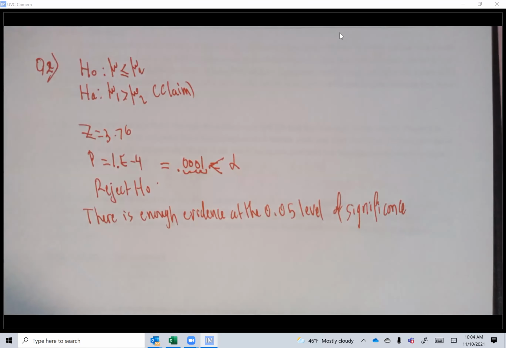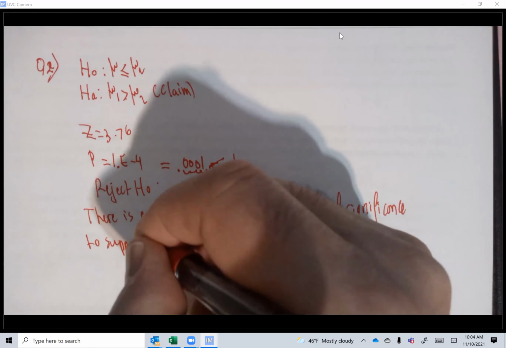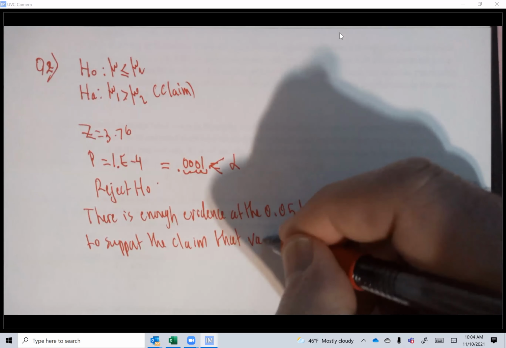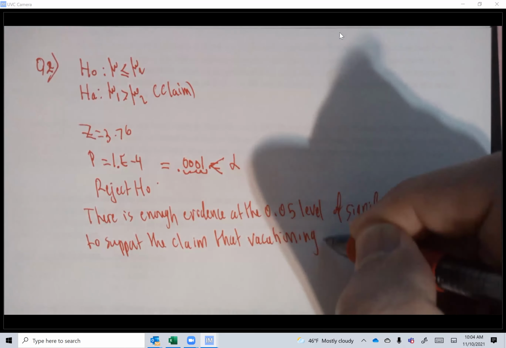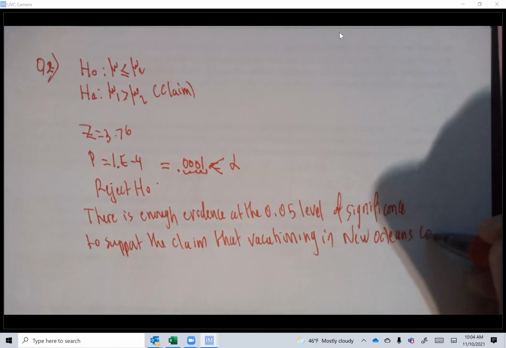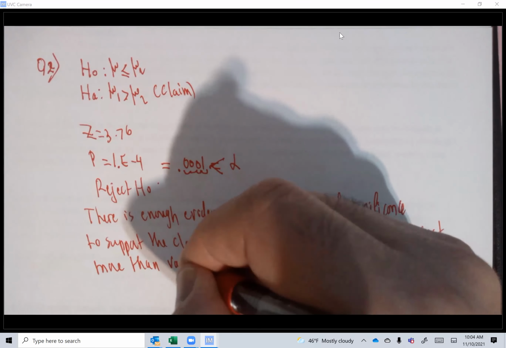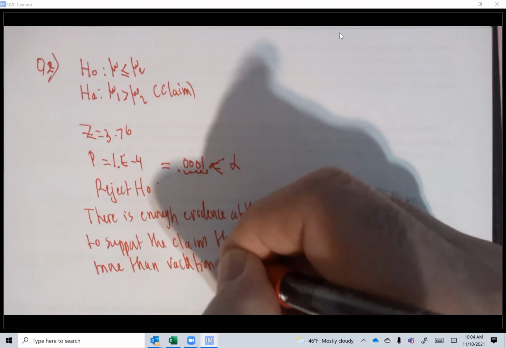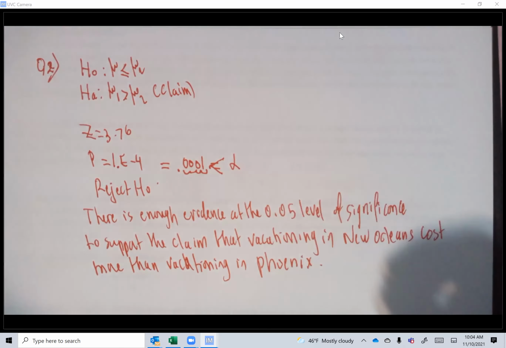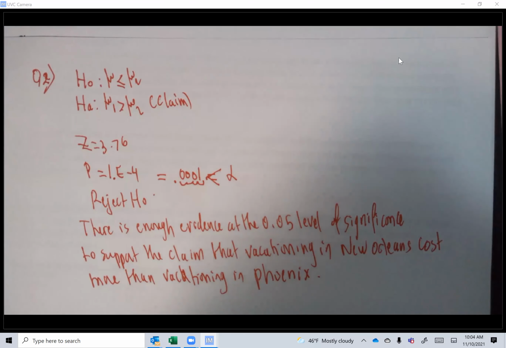There is enough evidence at the 0.05 level of significance to support the claim that vacationing in New Orleans costs more than vacationing in Phoenix. All right, that concludes